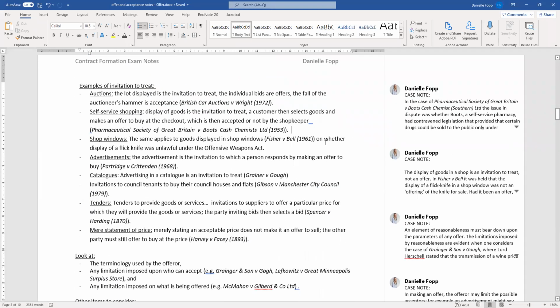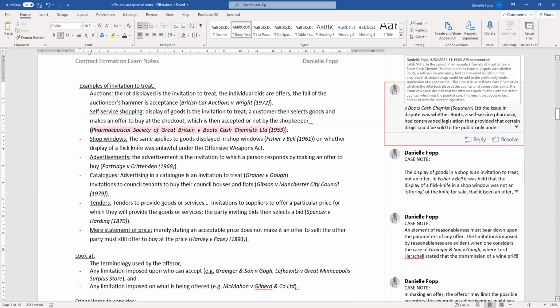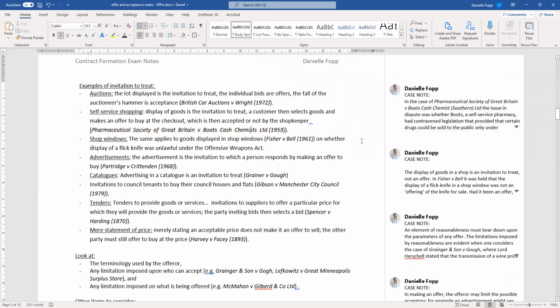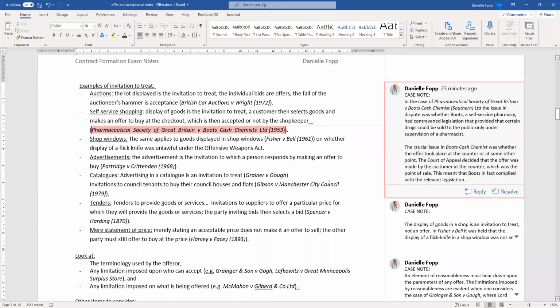What I also encourage students to do, which is helpful, is you'll see here on the right-hand side. So if this is an online exam and you want your notes to stay online, I recommend students do it like this. If, however, you are going to an exam where you're only allowed your hard copy notes, then I would have a separate document with case notes and case summaries and put a little star or highlight the ones that are relevant. So here we have a little case note, and we know that in the case of Boots